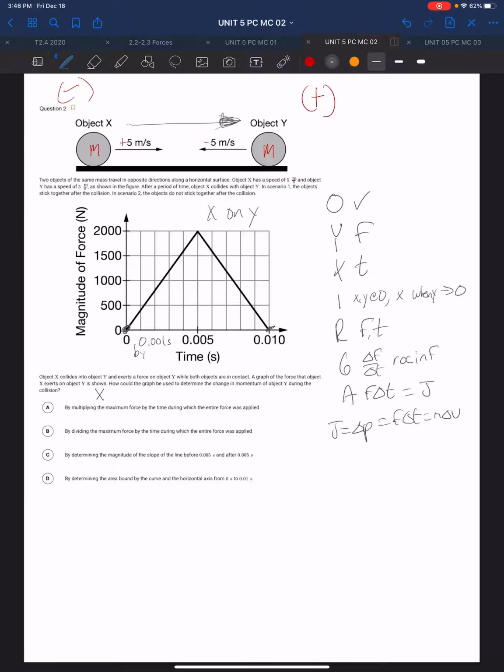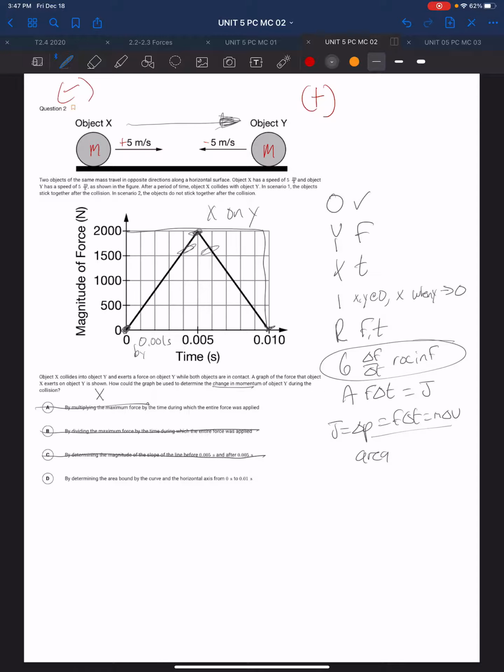How could the graph be used to determine the change in momentum? Well, the change in momentum is about the area. Multiplying the maximum force, which is up here, by the time, no, that would be the area of a rectangle, so that's out. Dividing the force by the time, well, we know that is the rate of change in force, so that's out. Determining the magnitude of the slope, well, the slope is again the rate of change in force. So if we were bold, we would just choose D,